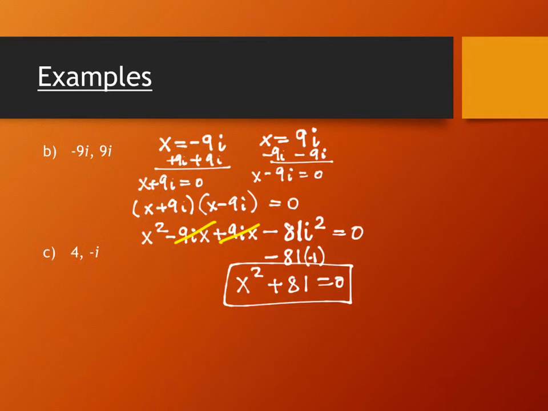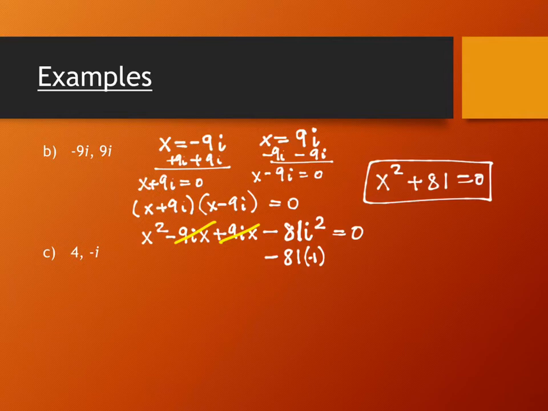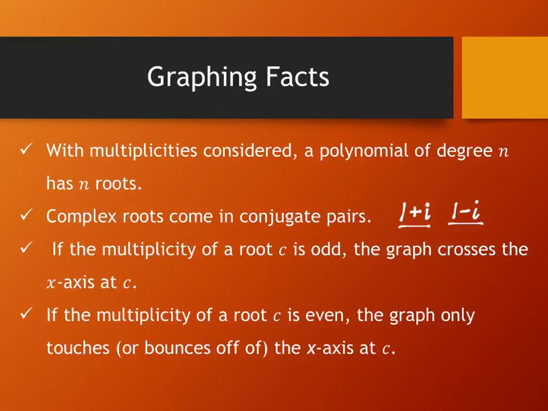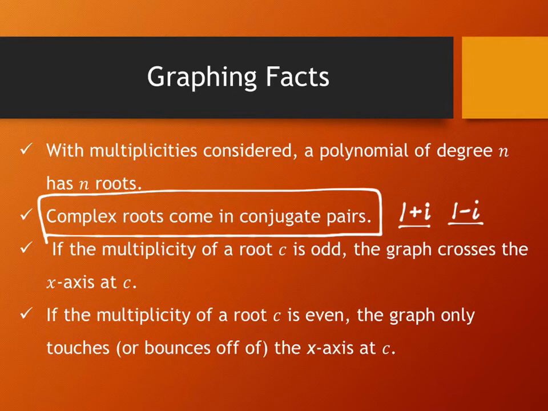All right. It looks like the next one only has 2 terms, but it doesn't. I know that x is equal to 4, that's fine. And I know that x is equal to negative i, that's fine. But there was one piece over here that you wrote down in our 5-minute time span of writing, that says complex roots come in conjugate pairs. So you're going to have to